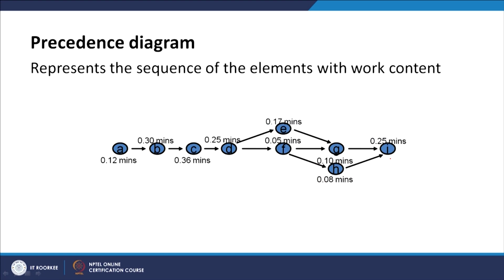As I was talking about the precedence diagram, it simply shows the activities to be done along with the time required for those activities. What it shows is that A should be completed before taking up B, B should be completed before taking up C, and A, B, C, D should be done before taking up D, E and F. So, likewise it shows the order or sequence in which the job should be completed, and the time related with the various activities.